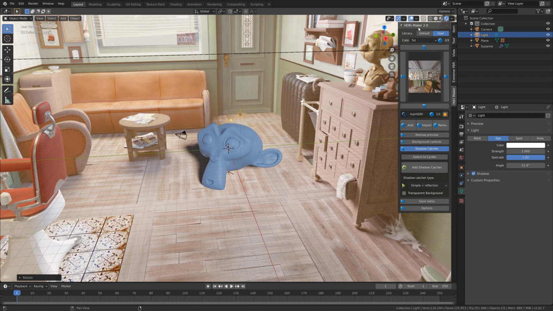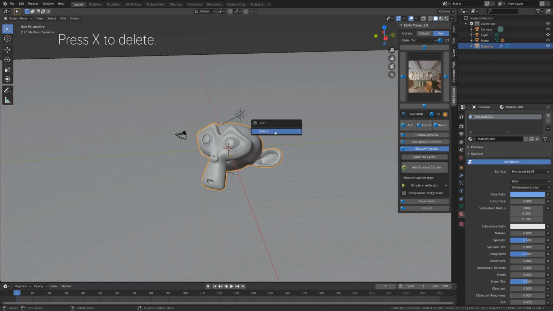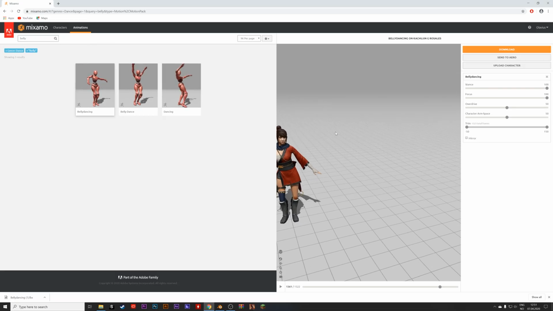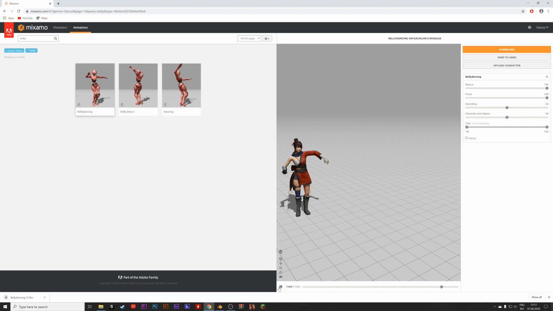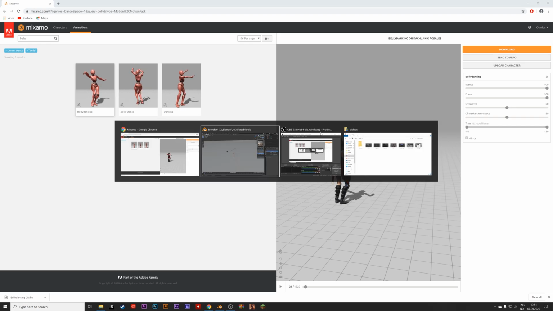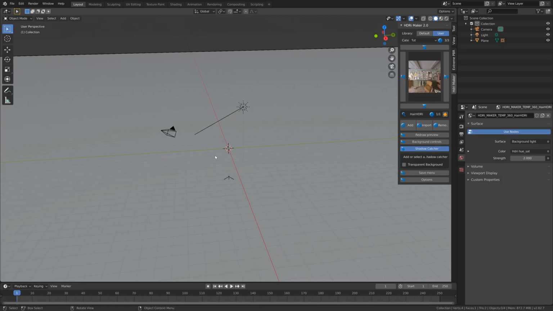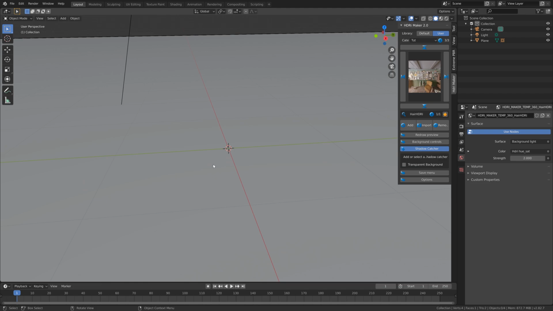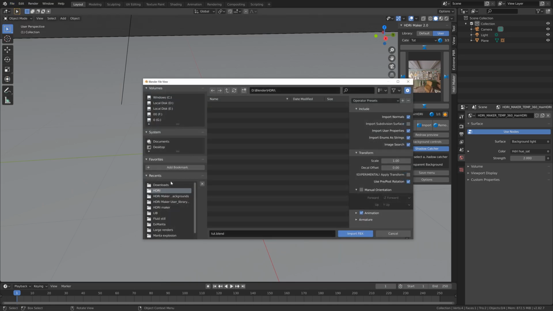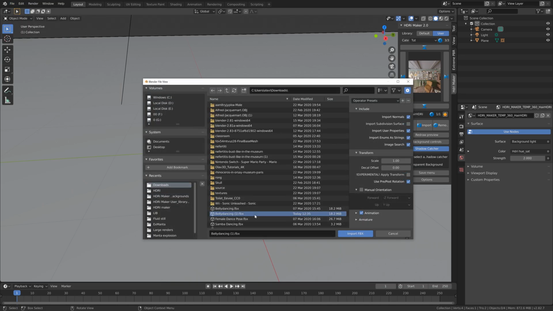Okay, so now I'm going to delete this monkey and add some more complex objects to the scene and show that even complex objects can be added to the HDRI image and still look like the image is part of the scene. So let's import the dancing girl, and you can sign up for free at Mixamo if you want these characters. So I'm just going to open the .fbx file,